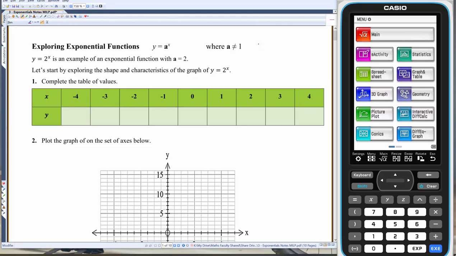So far in this topic, we've looked at surds and we've looked at indices. And what we're going to do now for the next couple of weeks is try to tie some of these fundamental skills in with some graphing. And the graphing we're going to look at is exponential functions, which is a really topical graph at the moment